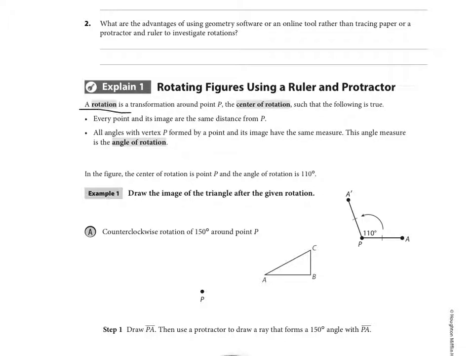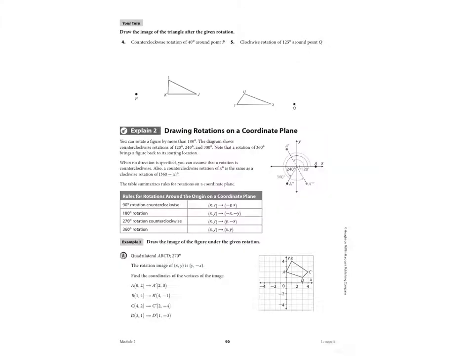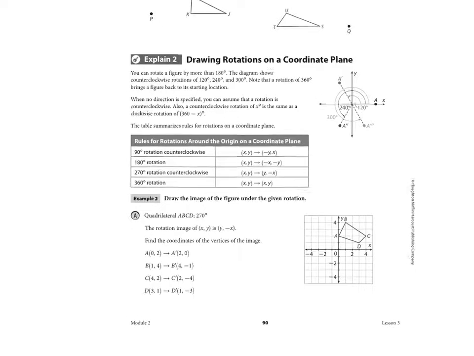A rotation is a transformation around a point P, which we call the center of rotation, such that the following is true. Every point and its image are the same distance from P, which is that center point, and all angles formed by that point and its image have the same measure. And that angle measurement is called the angle of rotation. Now we're going to skip, and we're just going to look at the